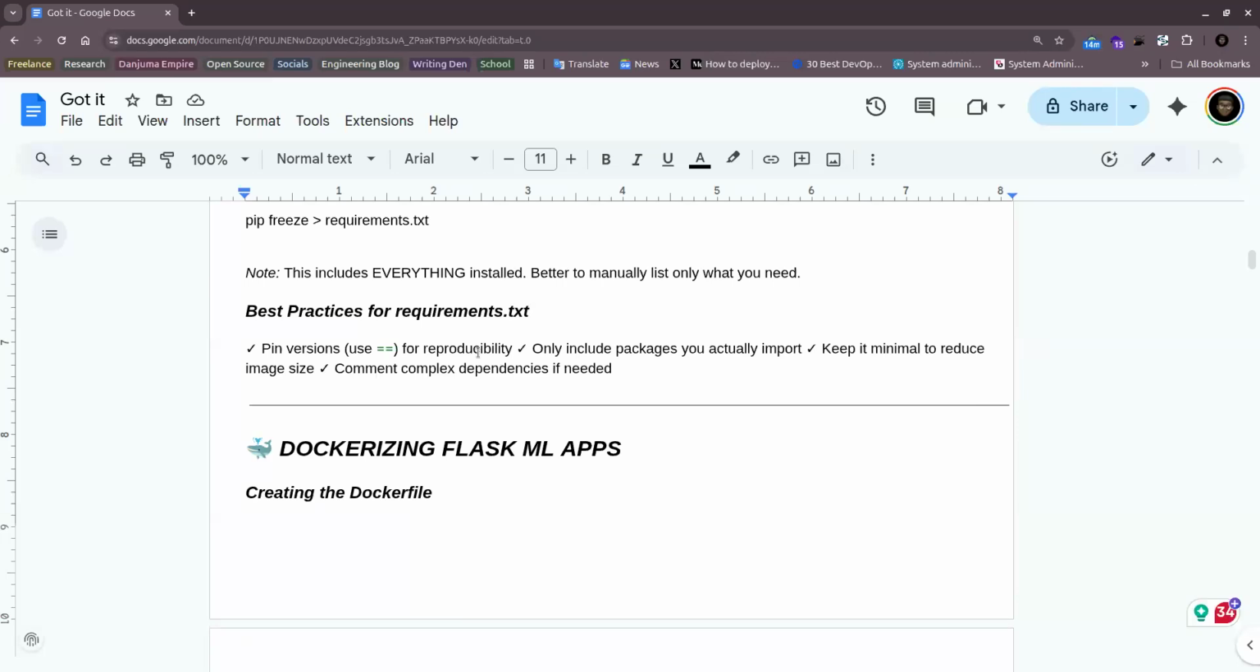Also make sure that you include all the packages you actually import in your application inside the requirements.txt, and also try to keep it minimal. Make sure it's only the required dependencies in that requirements.txt. You understand? And all the complex dependencies you don't really need, you can just comment them out and leave them out,